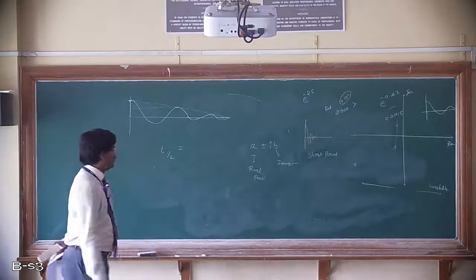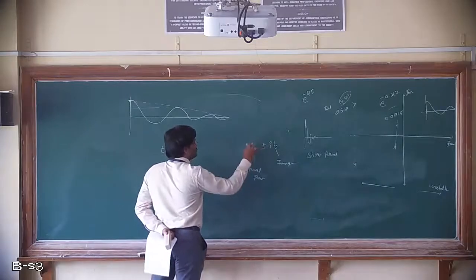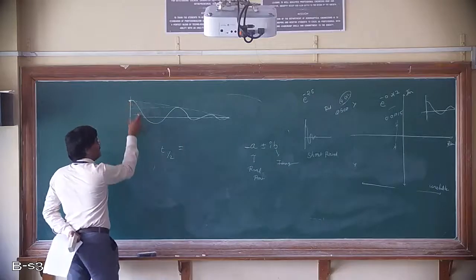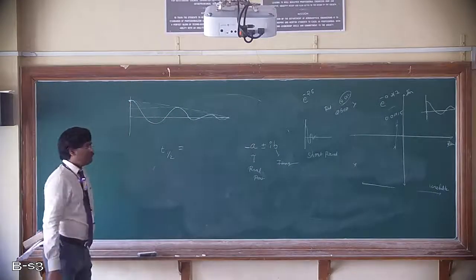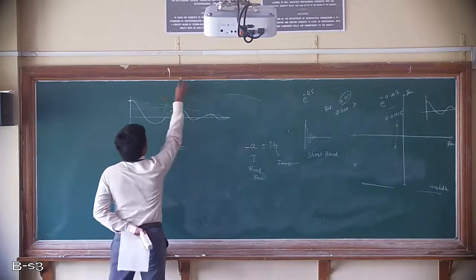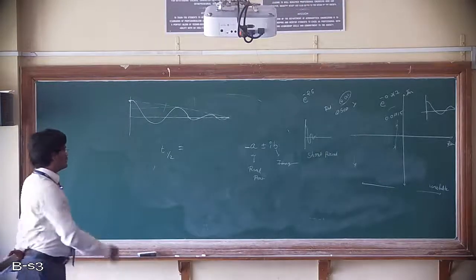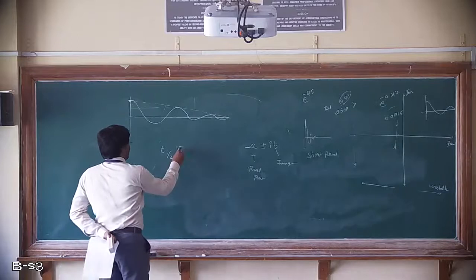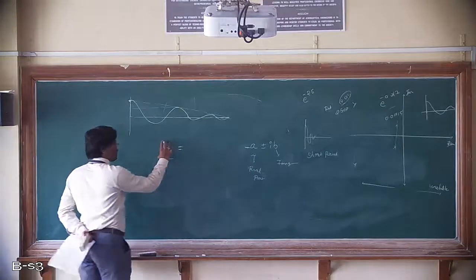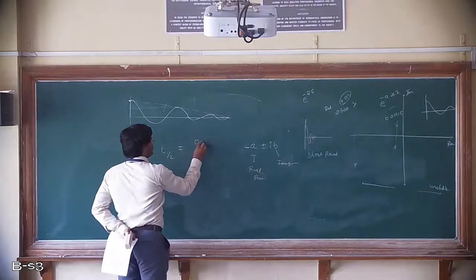Okay. So this is the real part. This one is the imaginary part of the complex number, right? So if the real part is negative, then the amplitude, I mean the distance, will decrease with respect to time. If the real part is positive, the amplitude will increase with respect to time, right? Already we discussed, just go to our previous lectures, okay?